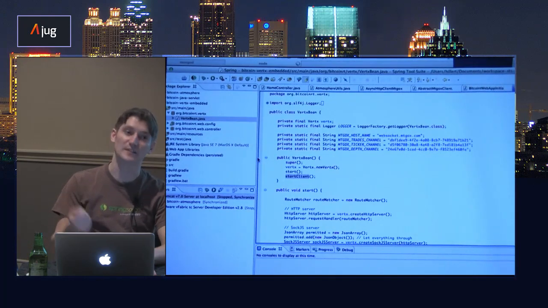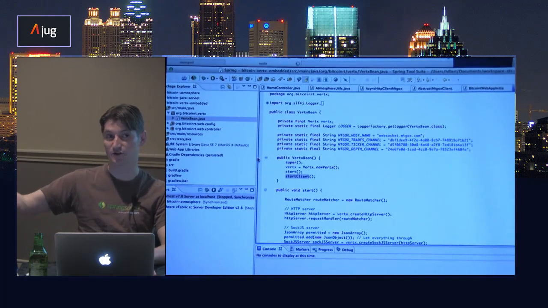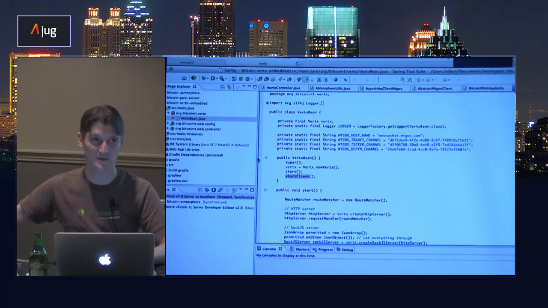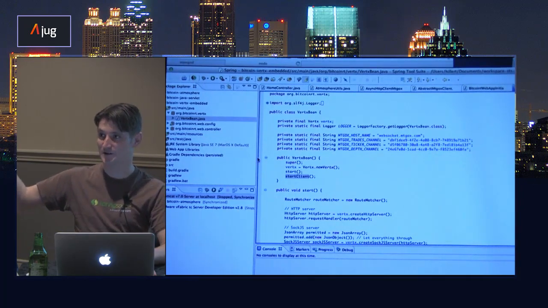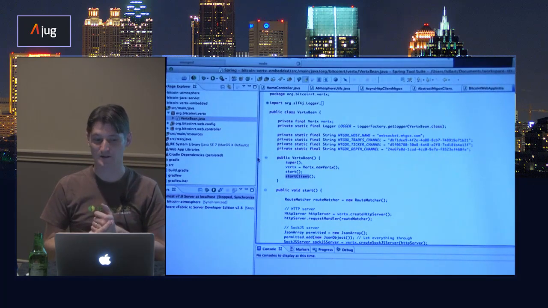So technically, you could embed Vertex even into your WAR deployments and basically spin up another Vertex instance within your WAR. The problem, though, is it uses its own port unless you're doing your own routing in front of your web applications.